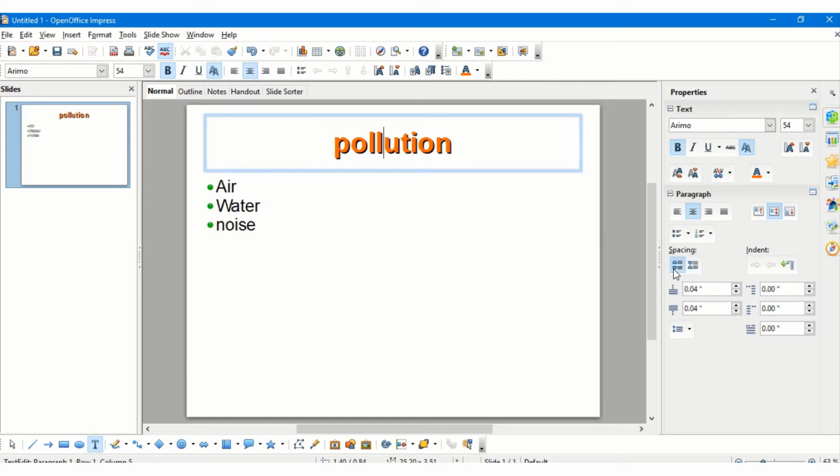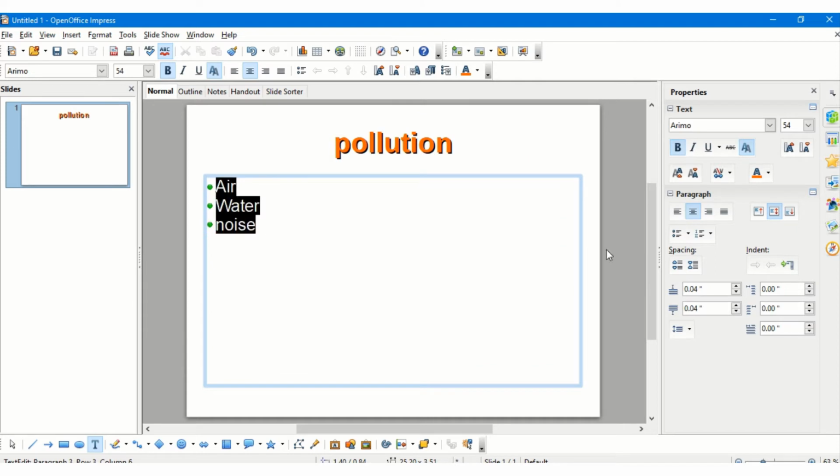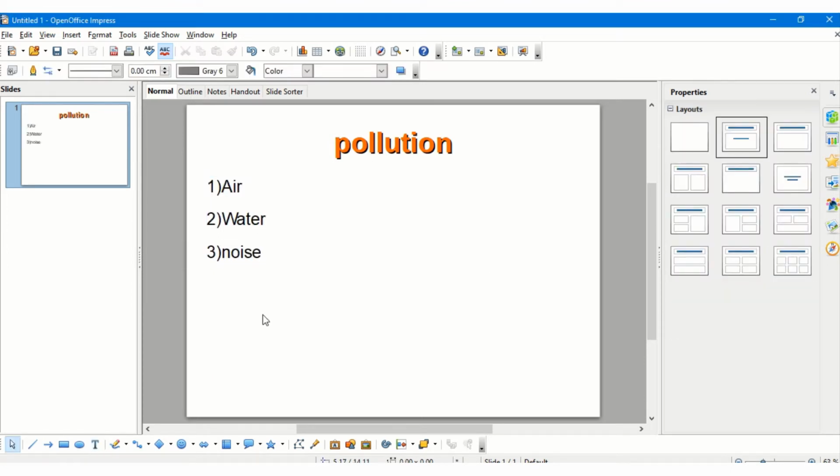I have to first select the text, and I can increase the spacings between the bullets, and also if I want, decrease it, and even change the bulleting and numbering style, that also can be done from this. So these are the basic formattings which can be done to text inside. So now this goes with text, bullets, or even paragraphs. Paragraphs also can be formatted in a similar way.